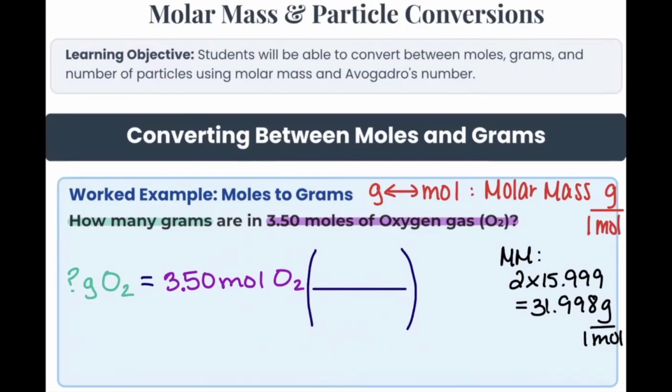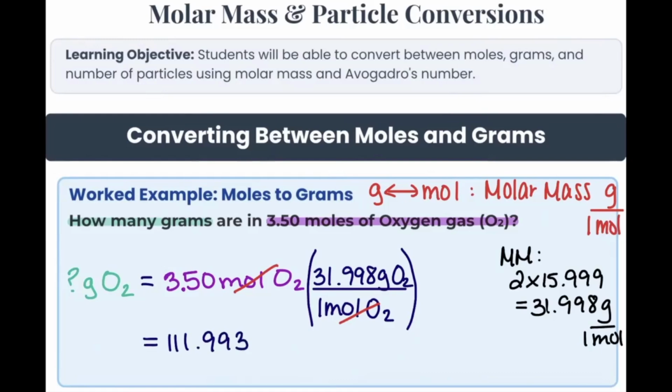So if I put 1 mole of O2 at the bottom to cancel out my moles of O2, I can go ahead and place the grams at the top. And we found that the molar mass of O2 is about 31.998 grams of O2 per 1 mole. Now we can go ahead and multiply. So 3.50 times 31.998 grams, we end up getting